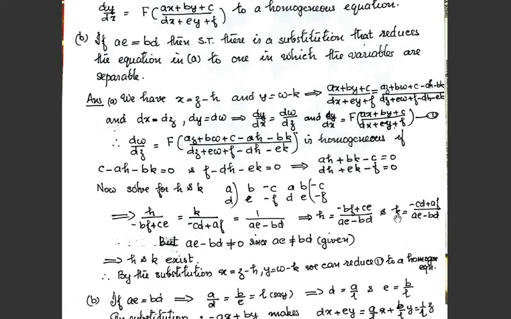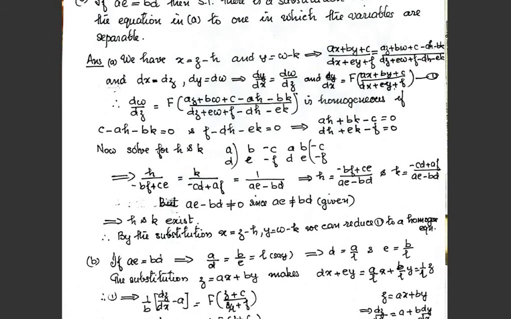h and k exist if and only if ae minus bd is not equal to 0. And it is given in the question that this condition is provided, ae minus bd not equal to 0. Thus h and k exist. So by the substitution x equal to z minus h, y equal to w minus k, we can reduce the given expression to a homogeneous equation. And the second part is,